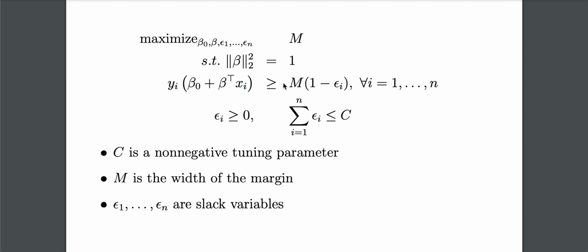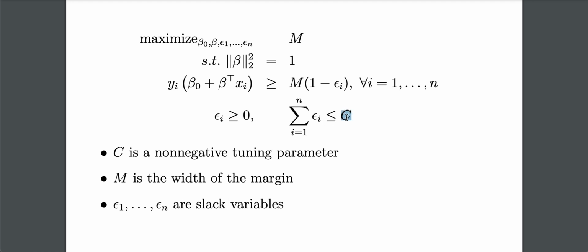Again, if this quantity is positive, when is it positive? If this quantity is positive, then this quantity is positive. And when this is positive, the point is on the correct side of the hyperplane. When is it positive? When epsilon i is less than 1. Essentially, when epsilon i is between 0 and 1. And then here we have another parameter, C, which is a non-negative tuning parameter. And it's saying these slack variables, they cannot be larger than something. And that something is